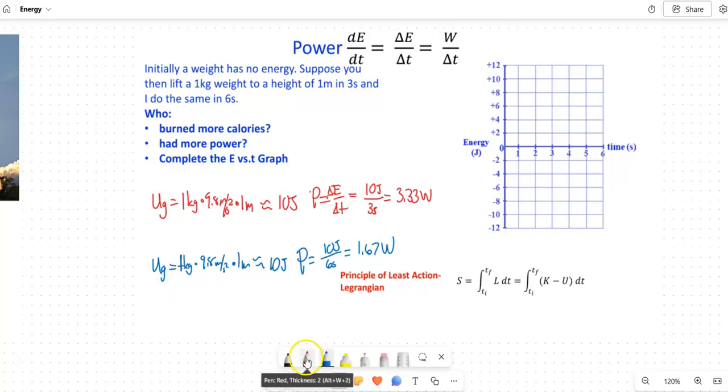What that looks like, if we plot that, for you, you start with 0 energy and you get to 10 joules over the period of 3 seconds. Now, I'm getting to 10 joules as well, but for me,